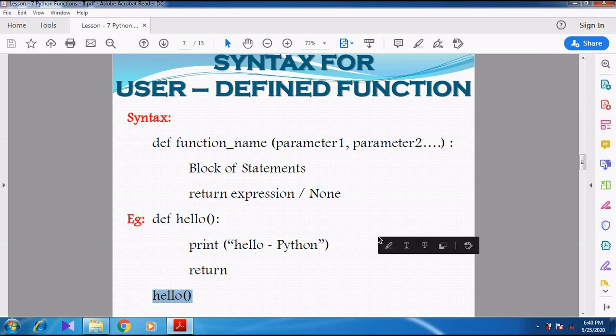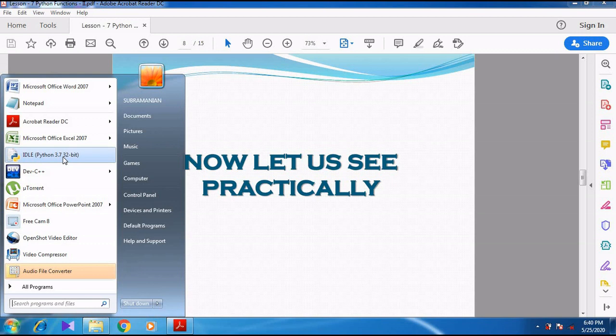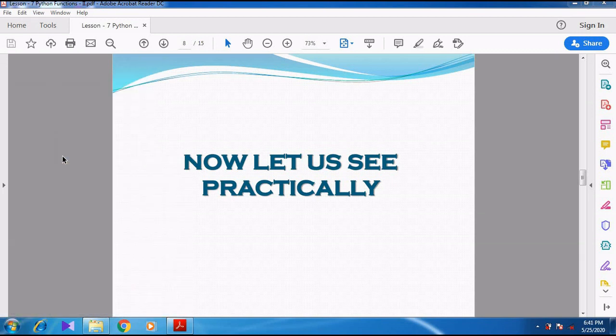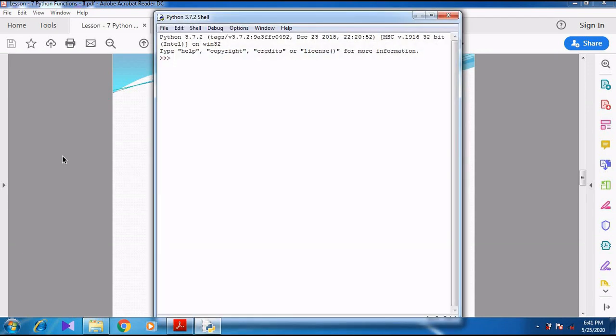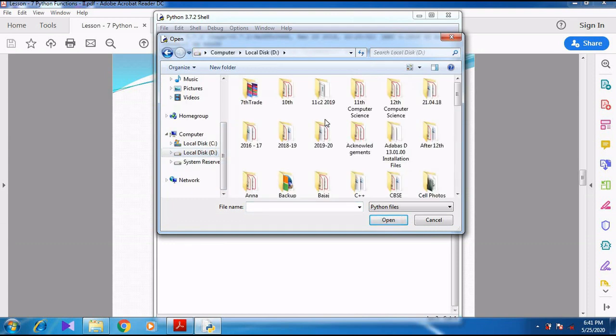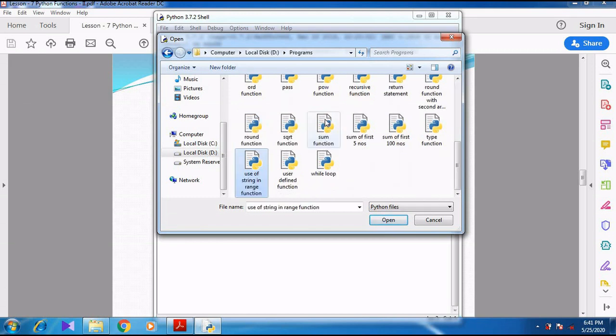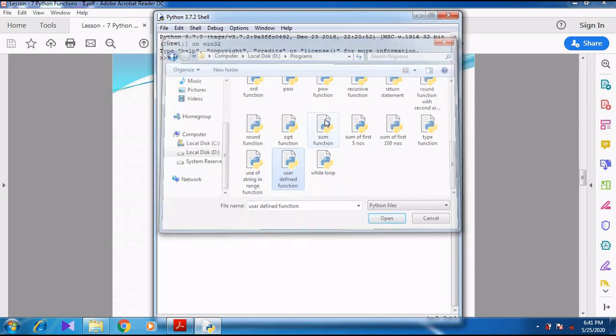So now we can see this in a practical manner. I can show you the program with output. When I call that particular function, the statement that will be executed is hello Python. So now you see here, Control plus O. I have already stored the program, user defined function.